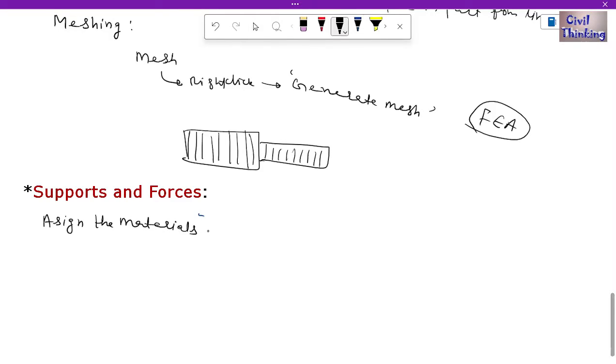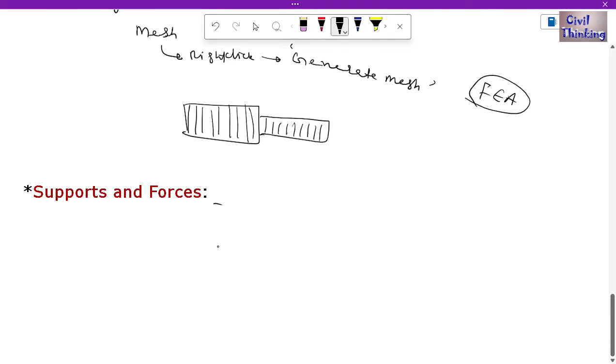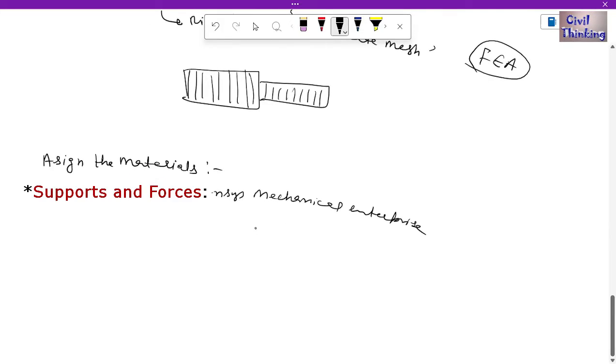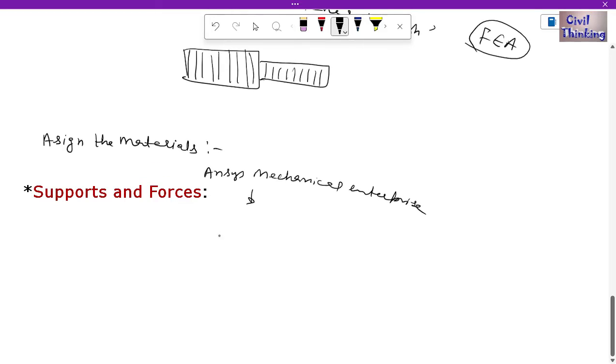Now when you double click on the setup, it will open Ansys Mechanical Enterprise, okay. Then in this program you have to click on the environment,